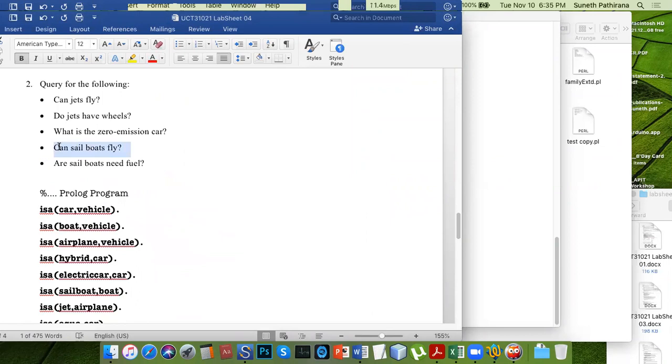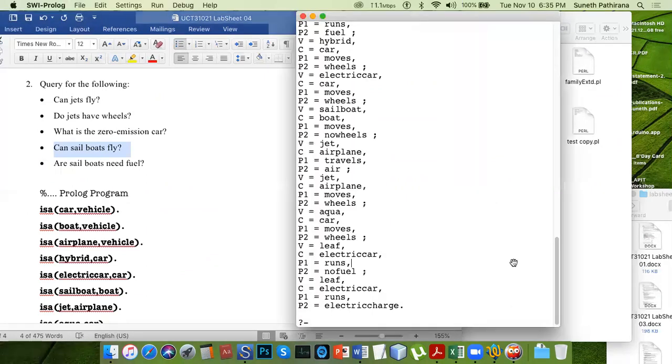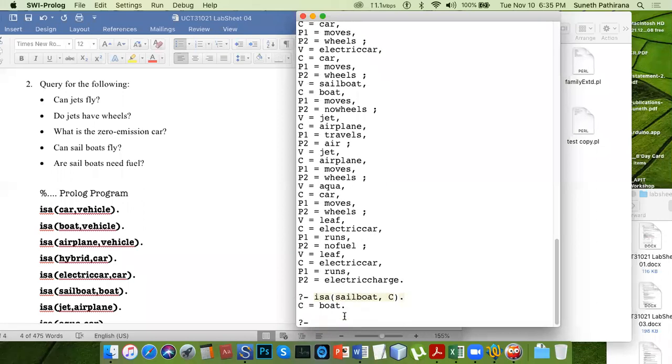Can sailboats fly? So you know the question, how to ask this. That means what you need to figure out. Is a sailboat, you can find the vehicle category first. Sailboat is a boat.